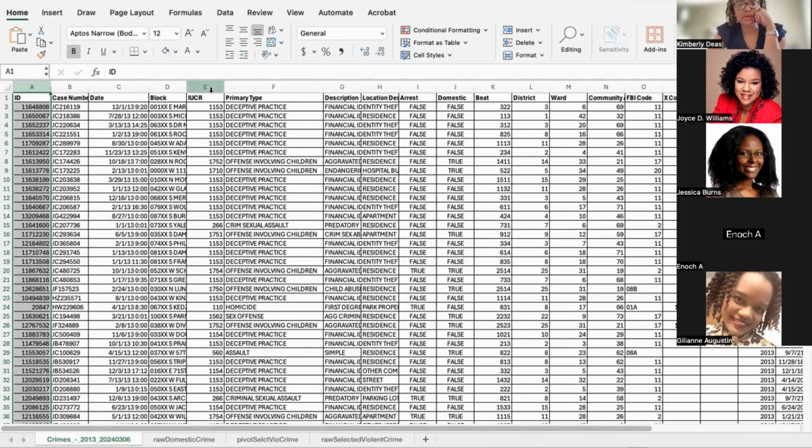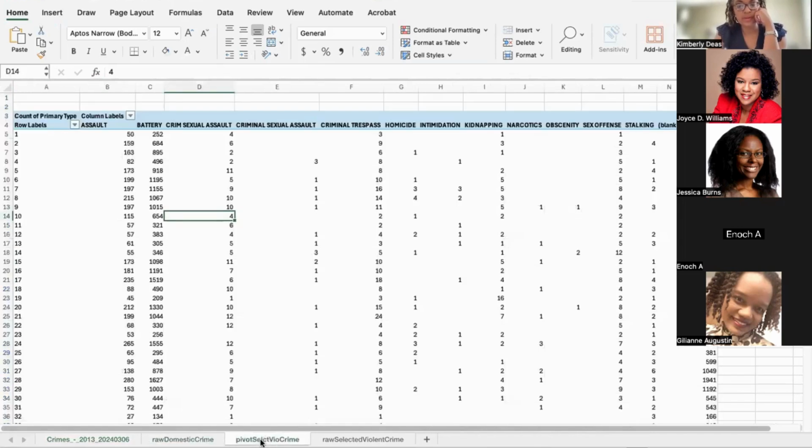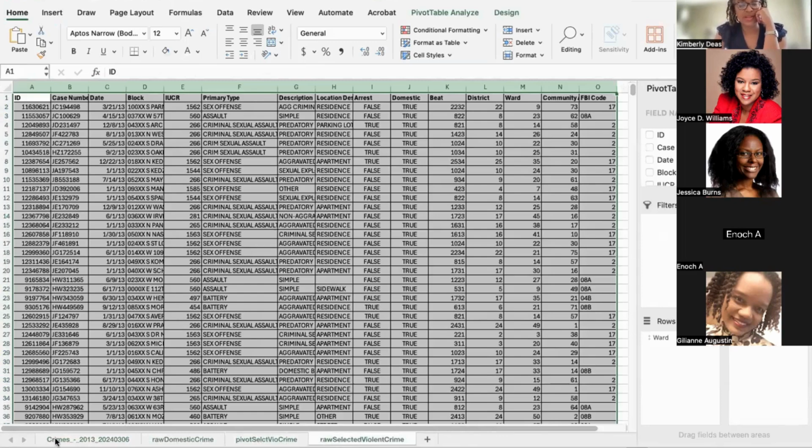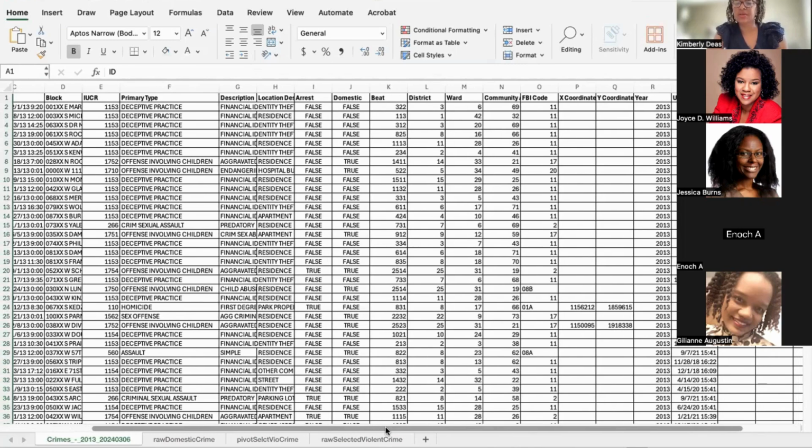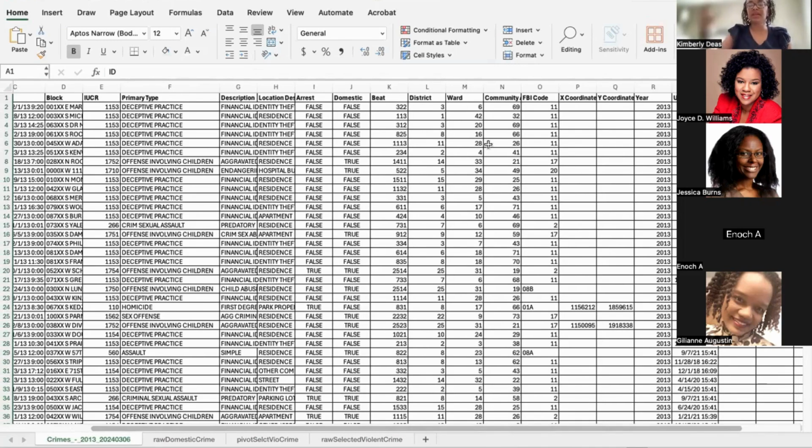So we have a number of different columns. And as you can see, I've already started to do some stuff, like I did a pivot and a lot of different stuff. Anyway, I look at the data first. First of all, I knew I wanted to look at community level information. So one of the first things I knew going in was that I was going to have to change the column name for community, because the HIV data I'm pulling is from a completely different source. This is from the FBI. They both have a way of representing the community name or number, but they call it something different. So I already know going in, I'm going to have to do some changes.